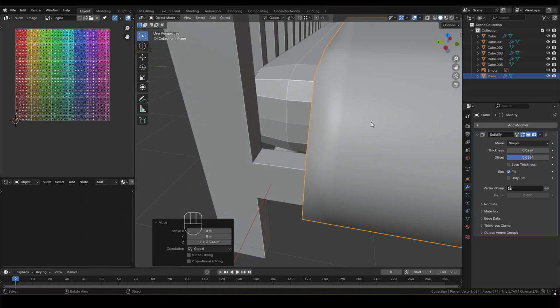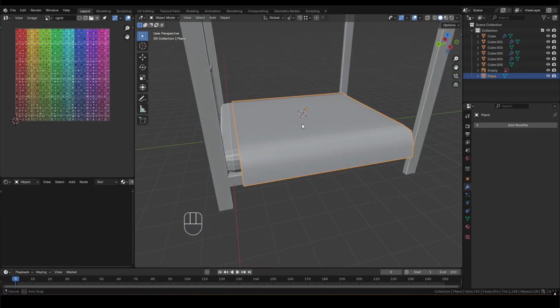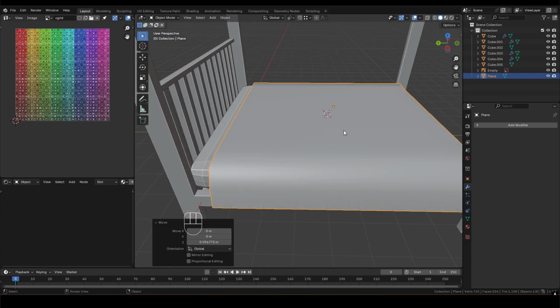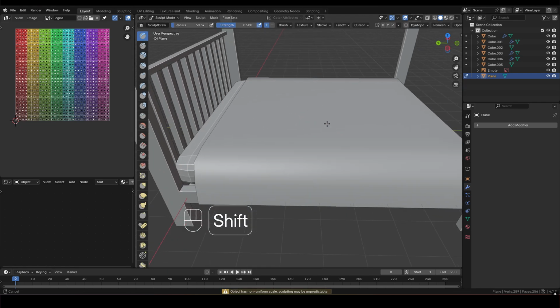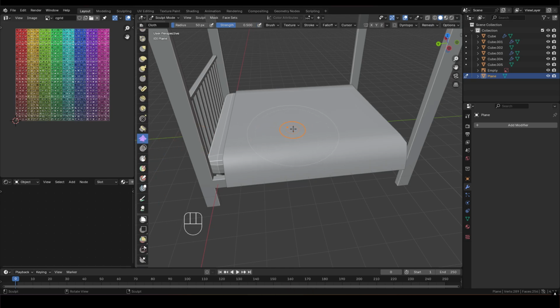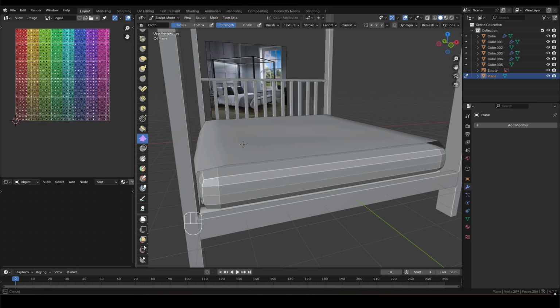Before we add the solidify on, if you want to add wrinkles, by the way, to the bed, let's just turn that off completely for now. And I'm going to bring it up a little bit. If you want to add wrinkles to the bed, you can actually go into sculpt mode. A little bit more intermediate advanced level. We can just go down to there's a little icon here called cloth, and increase the radius a little bit. Strength's okay, and you can just wiggle your mouse along and create some bent or cloth-like texture on